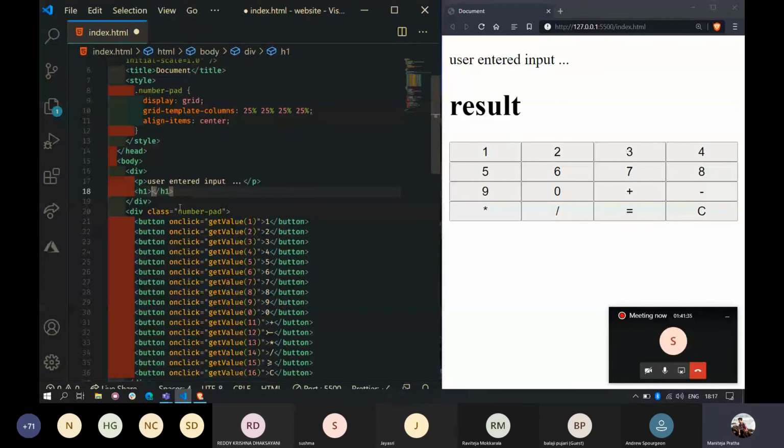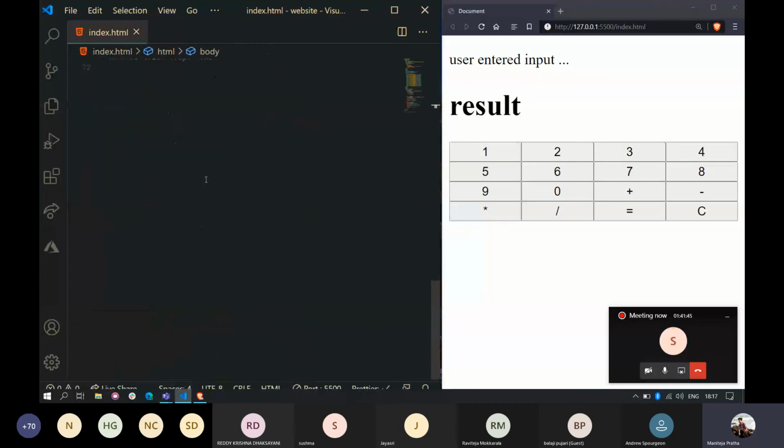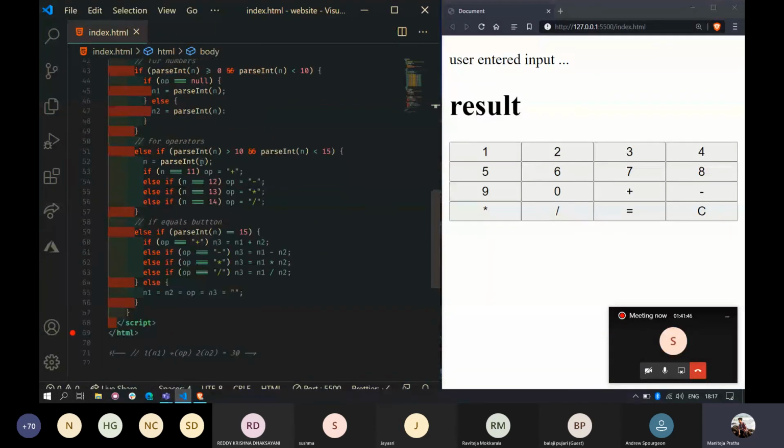Okay, and I'll say result should be here. So whenever the user clicks this is-equal-to button, what should I do? I need to update the content from JavaScript, right? I have the value in JavaScript, and I need to put it into HTML, right? So that's why is equal to, here, right? So after else if, what I need to do,